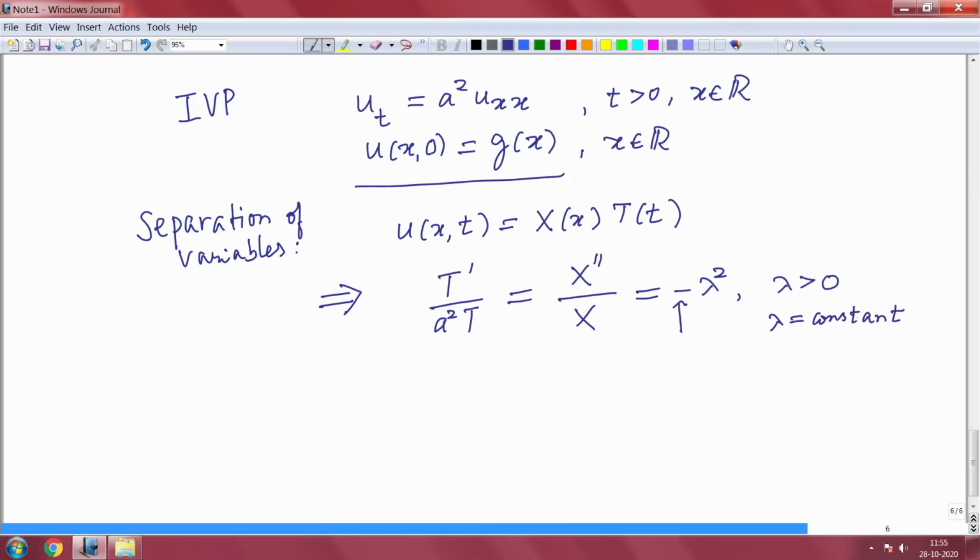and that results in two ordinary differential equations, one for capital T and one for capital X. So that further implies solving the resulting ODEs. Okay, that gives us T of t is equal to exponential of minus a square lambda square t. We can always put a constant there, but we are going to put the constant with X, and since they appear as a product, that constant is absorbed there,